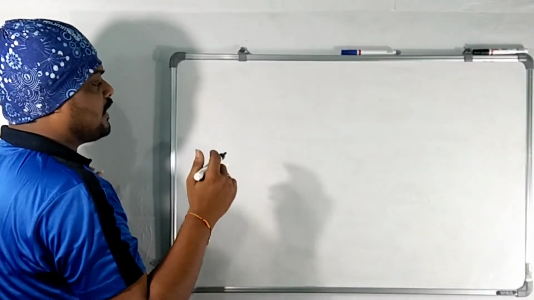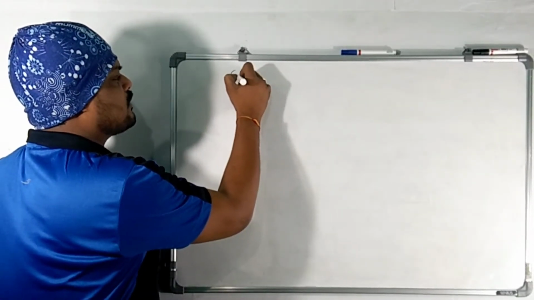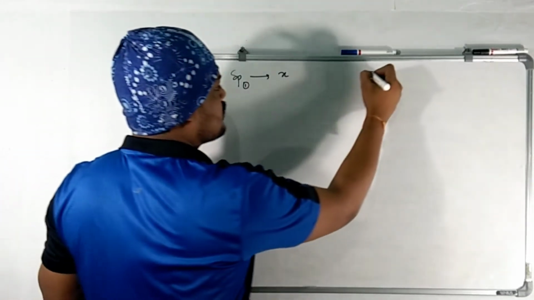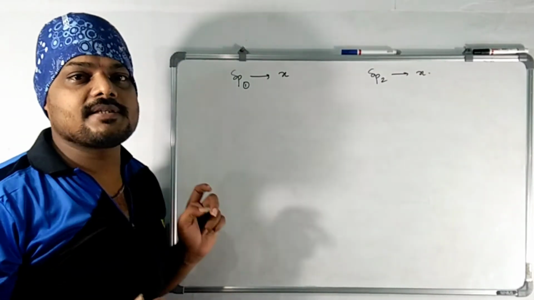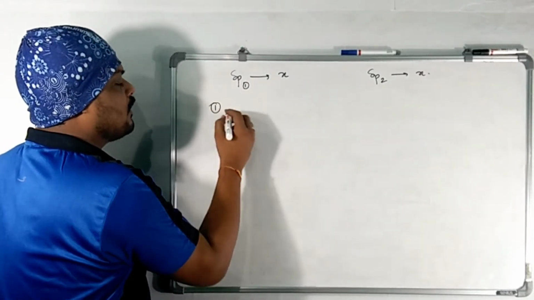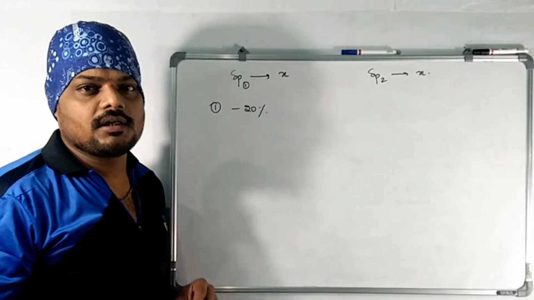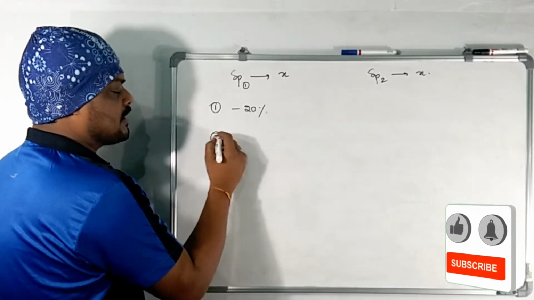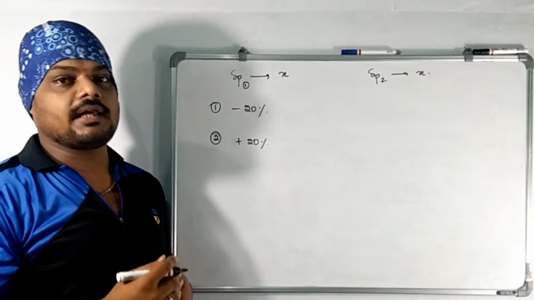So here let us try to understand the conditions of the question. In the first condition he said that the selling price of the first article, which we don't know, is X, and the selling price of the second article will also be X. Why? The selling prices of both the articles are the same. And in the next condition he said that on the first article after selling he got a loss of 20%, and on the second article after selling he got a 20% profit.